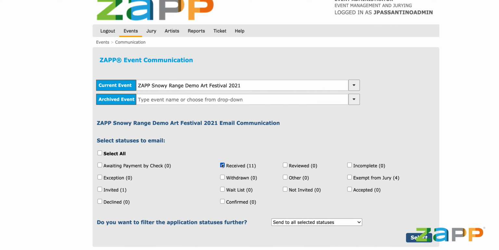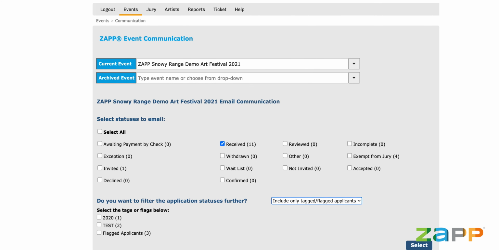That's new as well, but a little bit less exciting, I think, than choosing to include only tagged artists. So tags are going to be something we talk about a little bit later in the webinar, but they're going to be a really useful tool for you in 2021, just because it's going to be a really easy way for you to separate out your artists. And with this ability to only send to tagged or flagged artists, you will have the option to essentially create your own custom groups within ZAPP for you to send emails to,